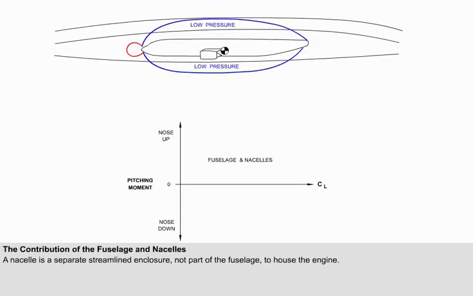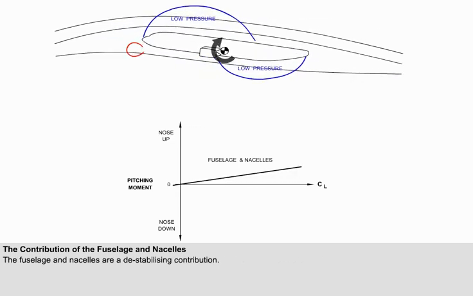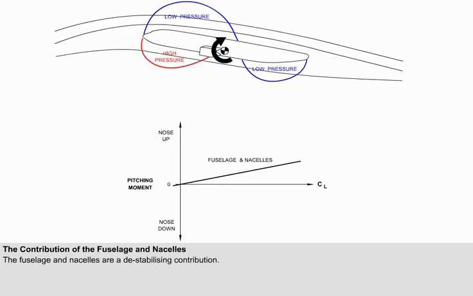At the small angle of attack used in the cruise, the fuselage acts as a symmetrical aerofoil. The reduction in pressure on the top is the same as the reduction in pressure on the bottom, with an area of stagnation pressure at the nose. Under these conditions, the fuselage generates no pitching moment. Any change in angle of attack generates an aircraft pitching moment, which is destabilizing. The pitching moment is generated by the change in pressure distribution on the fuselage and nacelles.